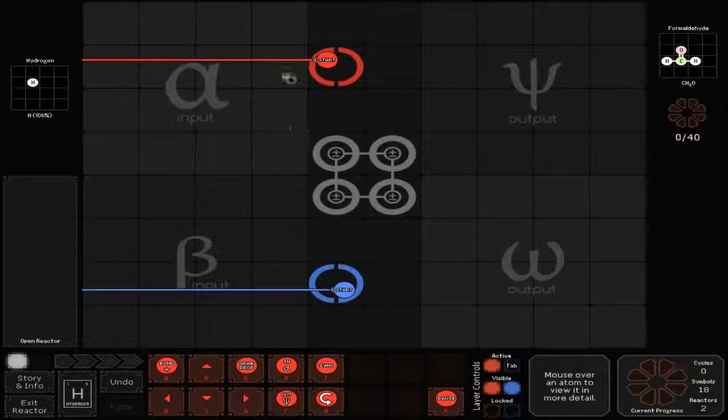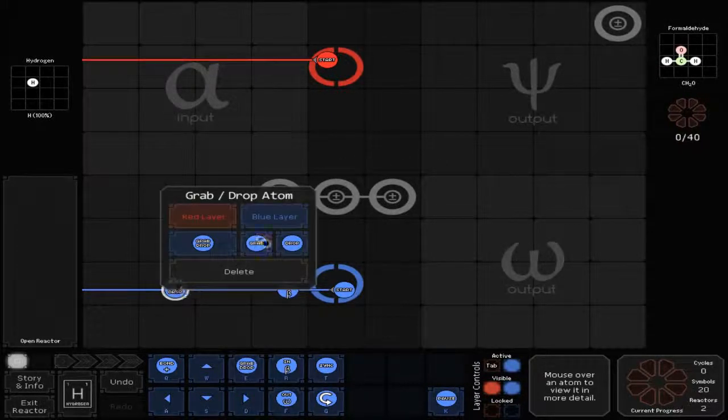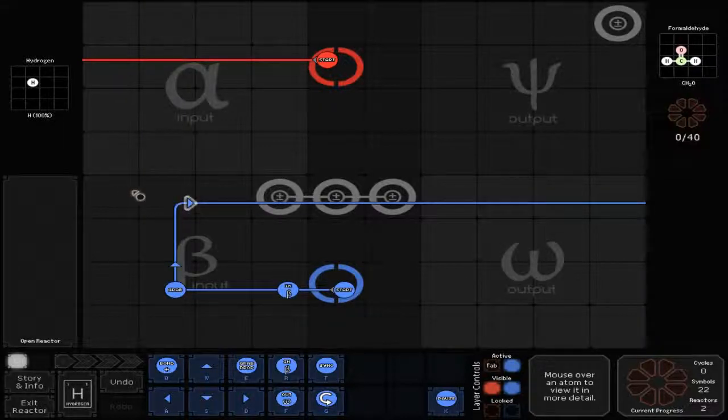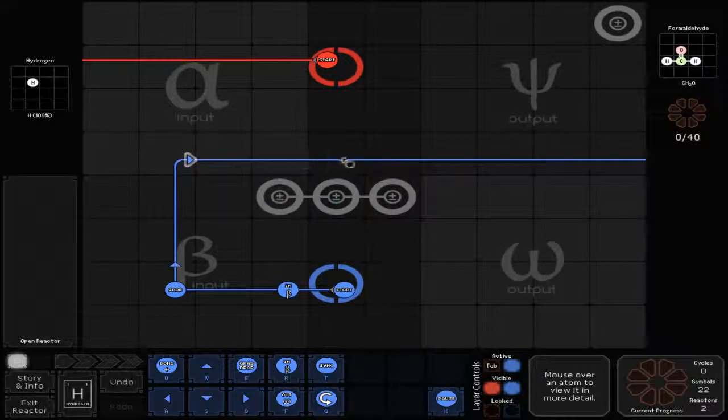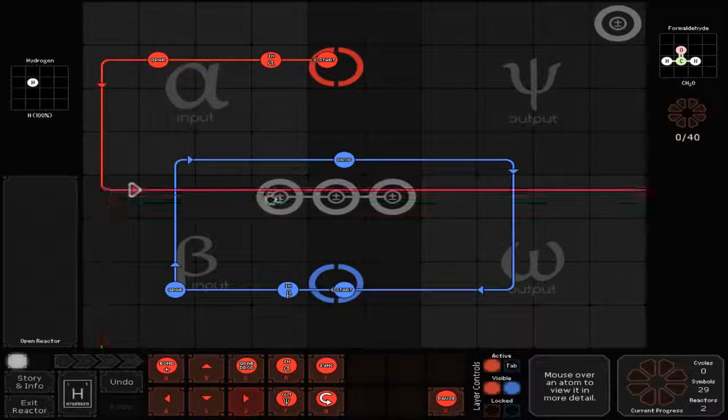formaldehyde. Now, this is a bit more complicated. You want to kind of shape these things in the way of the thing you want. Grab, put the carbon here, drop. Now red has the job of getting 2 hydrogens, grabbing those,